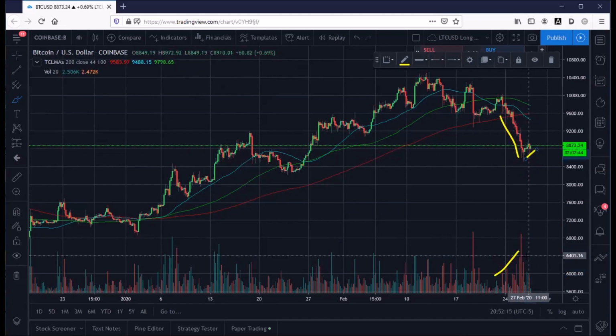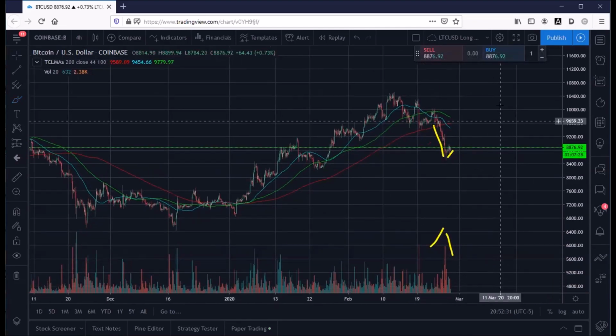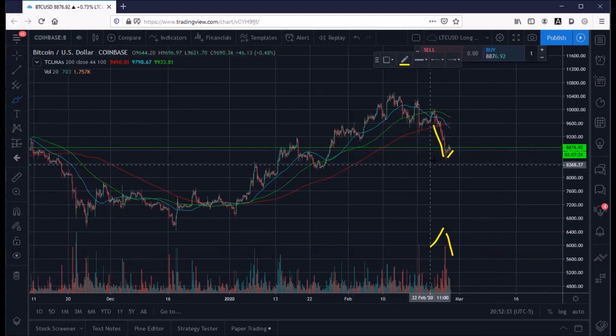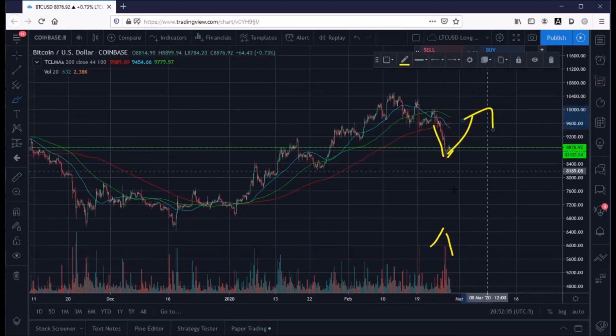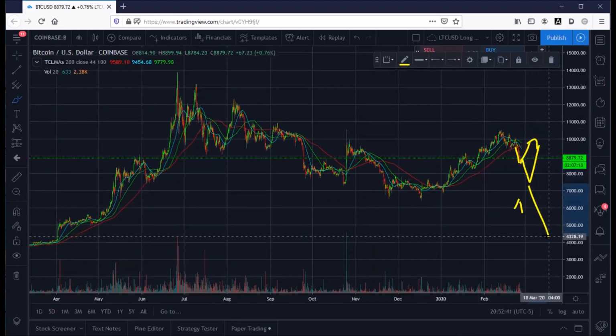What do you see on this pullback that's started to develop? Divergence. Price pulls back, volume drops off a cliff, selling and buying. If they truly want to start pushing us back up, whether it happens here or whether we make it back down to here or even all the way down here,